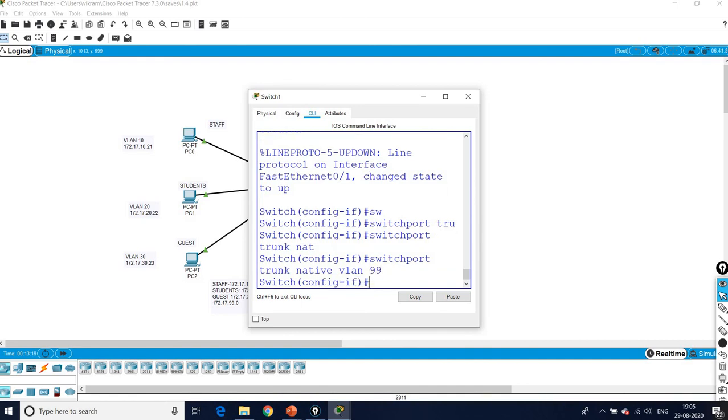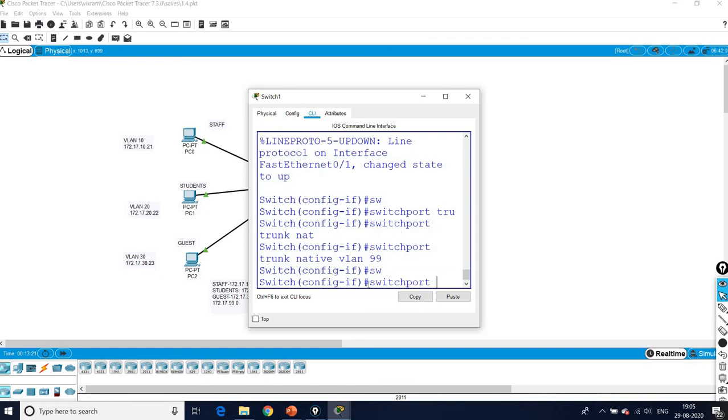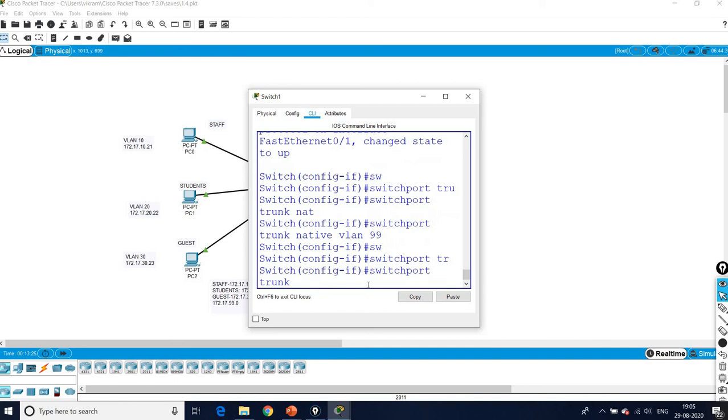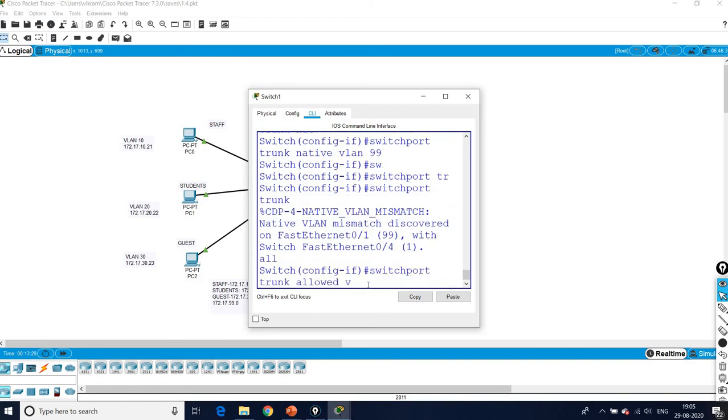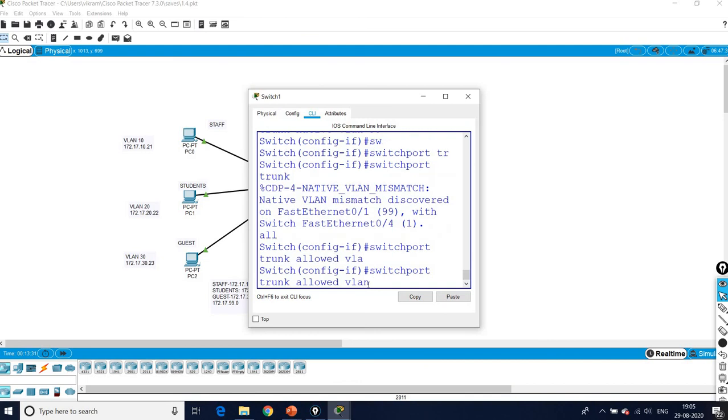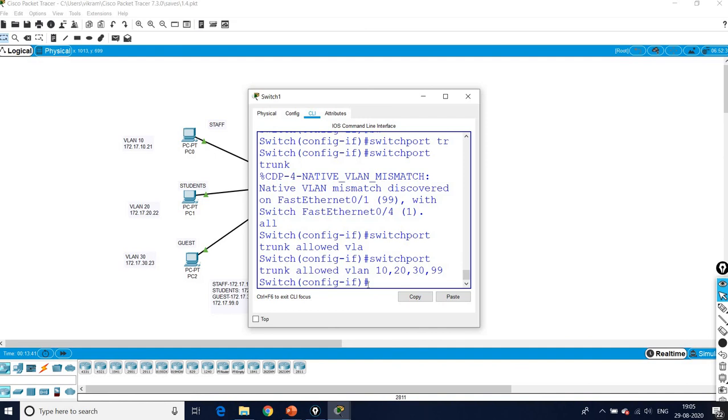Okay, now again switch port trunk allowed VLANs are 10, 20, 30, 99. Now end it.